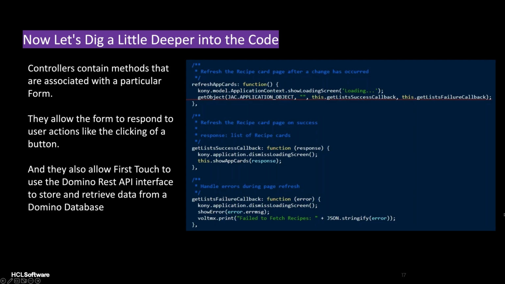So finally, let's talk about controllers. While a form provides the structure, it's the form's controller that provides the functionality. So whenever a button is clicked on a form, a corresponding controller method is called to perform the action. Now, it might be a little hard to see on the screen, but what we're looking at is a controller